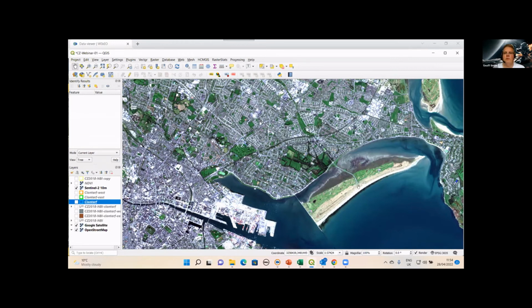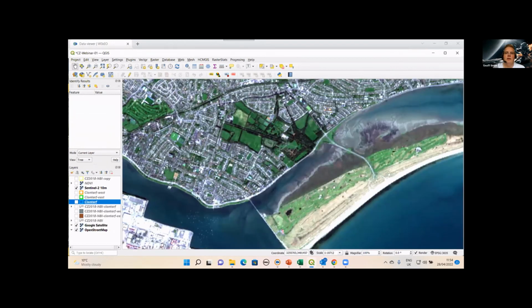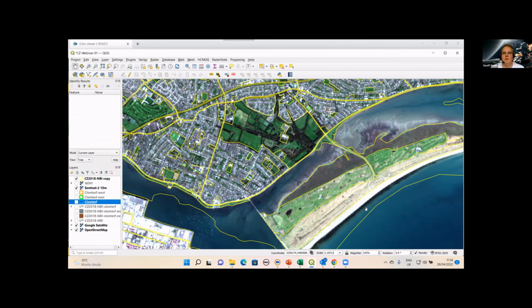So I'm just looking here at the 4 10-meter bands, in a general true color format. So everything looks as it would if we were standing there on the ground. If we take the coastal zone layer now and just overlay the boundaries, so we're not looking at the colors anymore, we can see how much complexity there is within some of those habitat or land cover patches. In the suburban areas, we can see the complex mixtures of housing and garden, as we would expect.